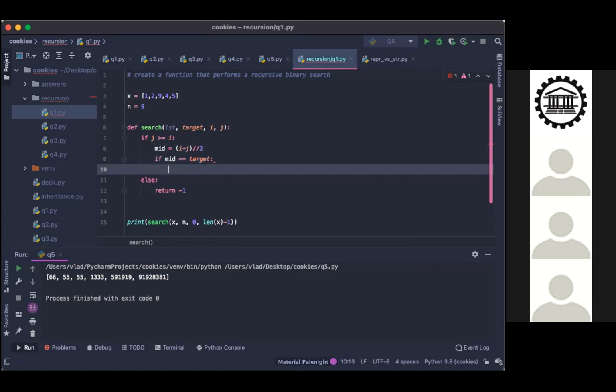The location, the index? Yes, the index. So return lst[mid]. That would just return your value, your target. So the index of it. I guess you could say lst.index, take the argument mid, or return mid even.